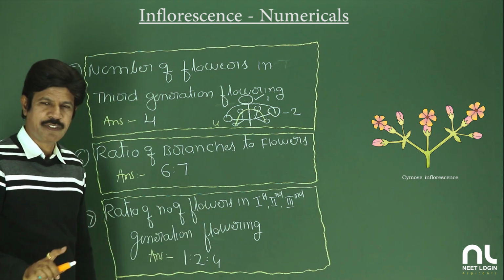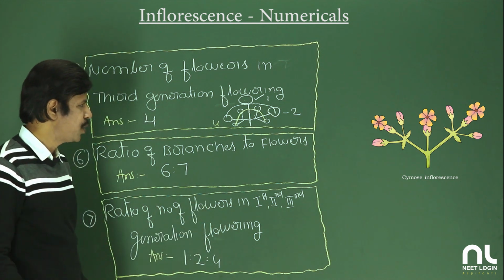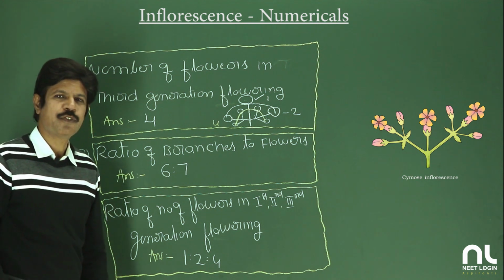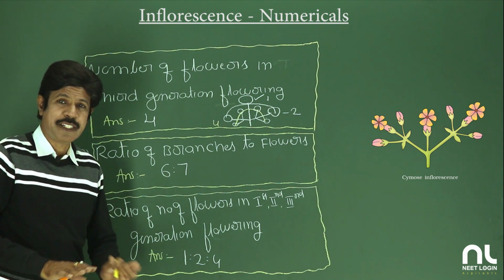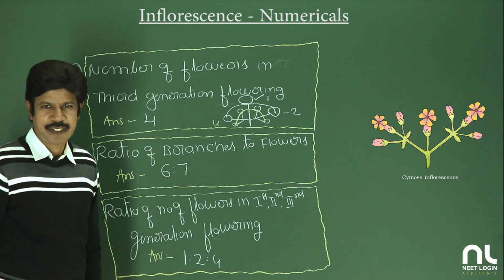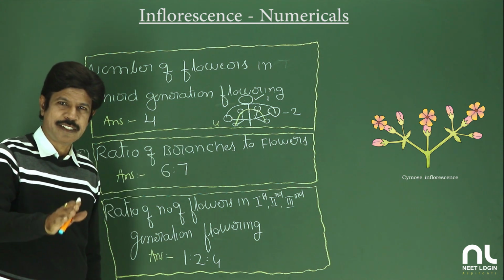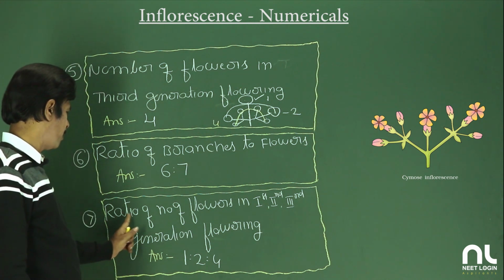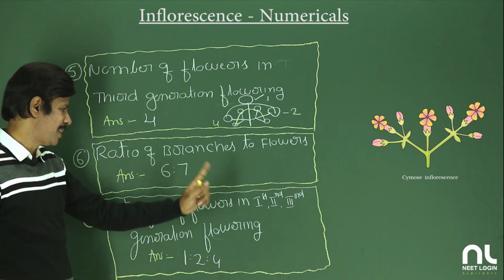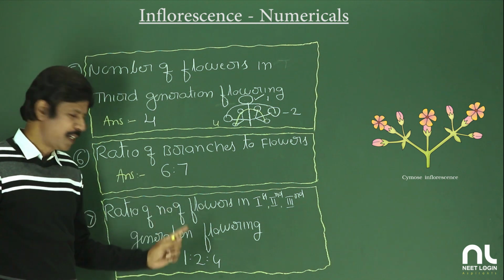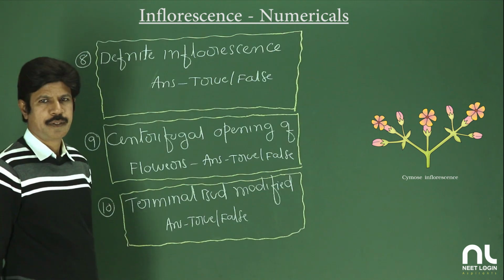So number of generations of flowering, it is 3. Number of flowers, it is 7. Number of branches, it is 6. So it is ratio of number of flowers in first, second, third generation of flowering 1 is to 2 is